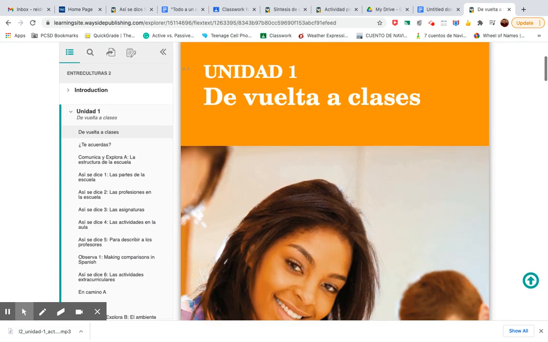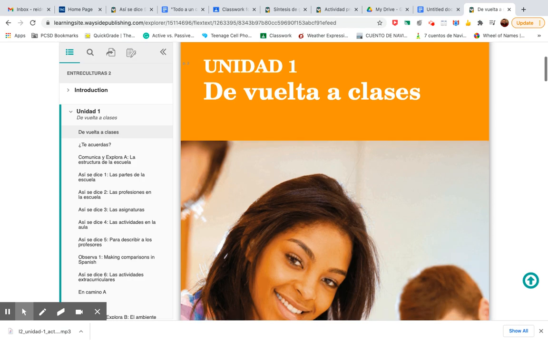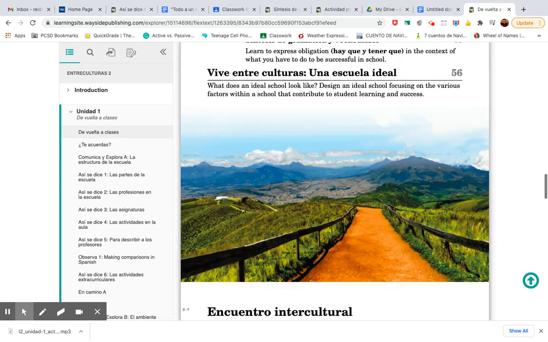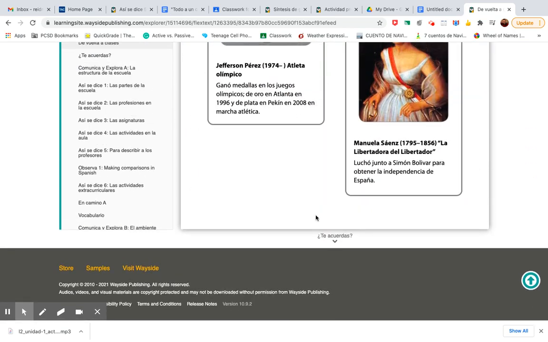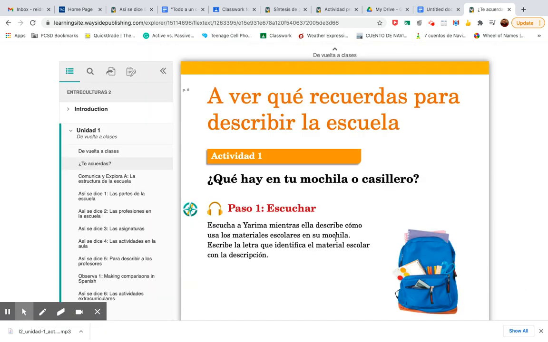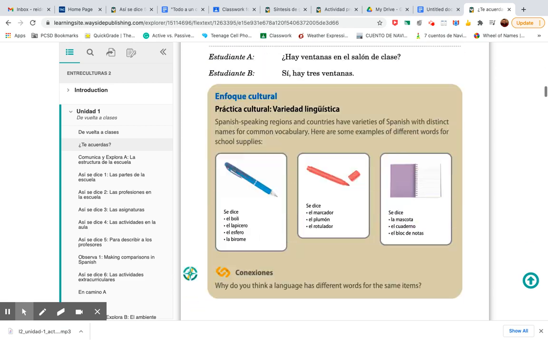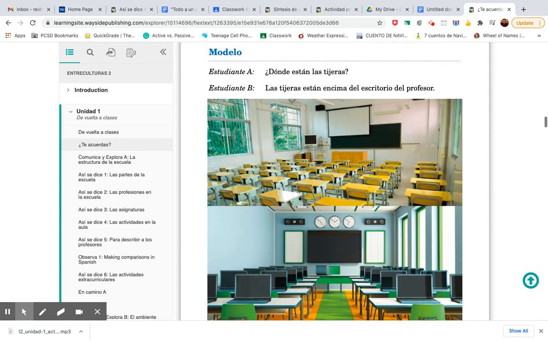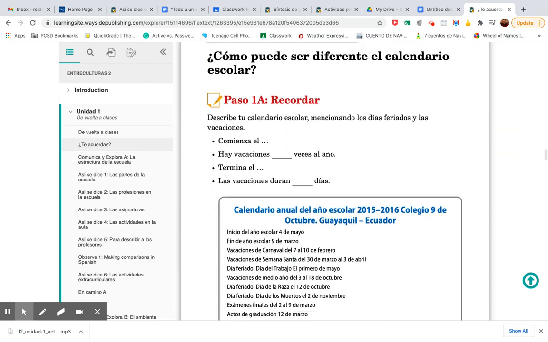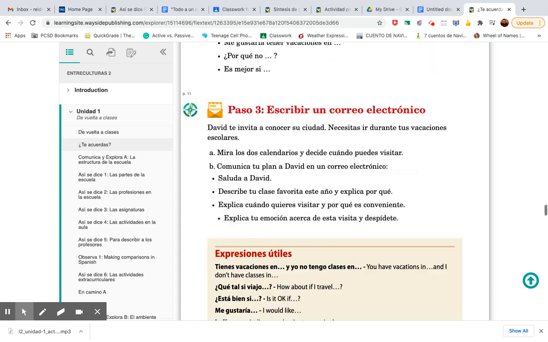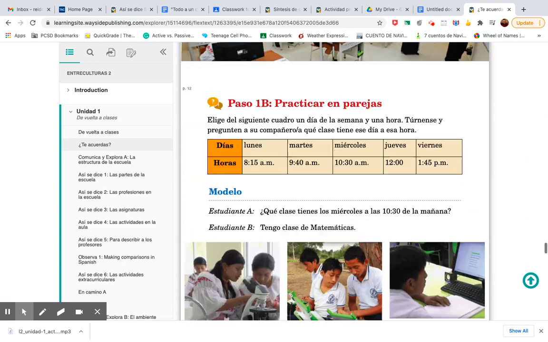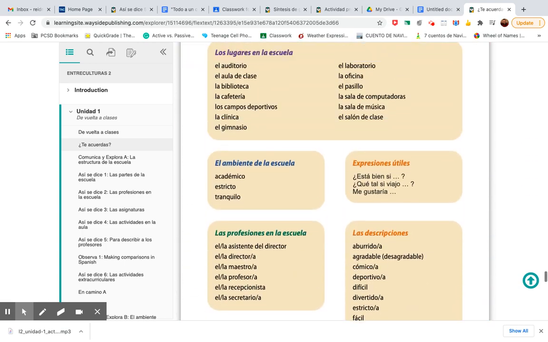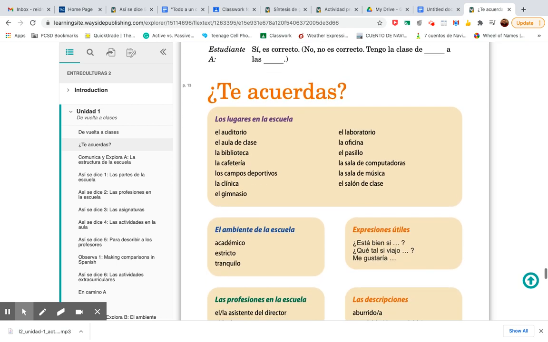Remember, we're in Unit 1. Unidad uno. You got to scroll down to the vocabulary. You can do that one of two ways. Either go here and hit that, te acuerdas, or hit it over here, te acuerdas, and eventually you get to the vocabulary we've been studying. That's actually pretty important here for the assignment, page 7. You're going to need that too. But to scroll down, it's here, okay, the vocabulary under te acuerdas. There it is, okay. So that would be under page 13